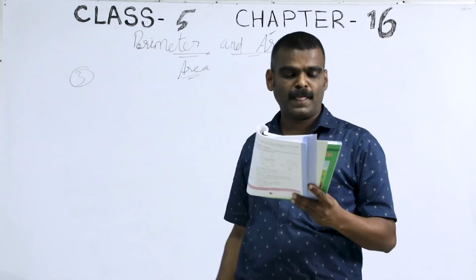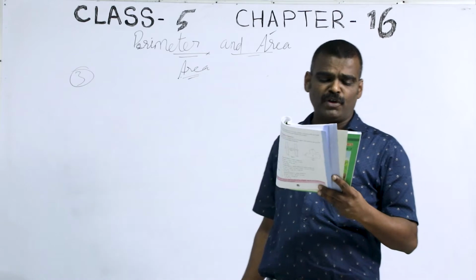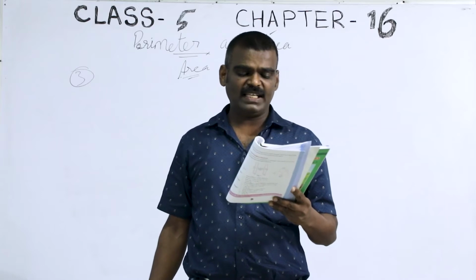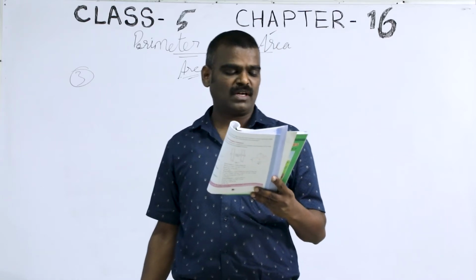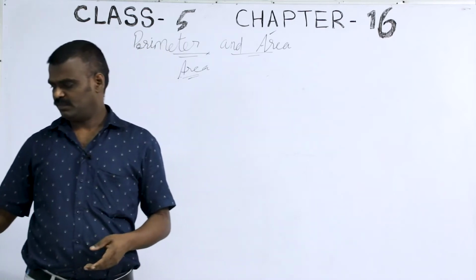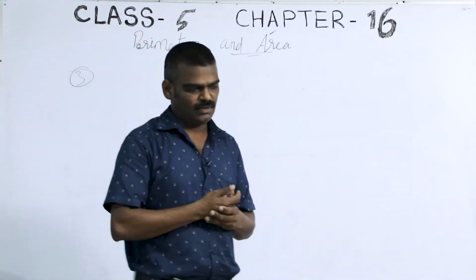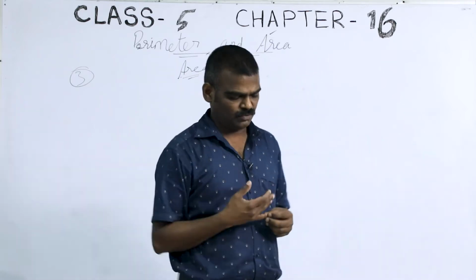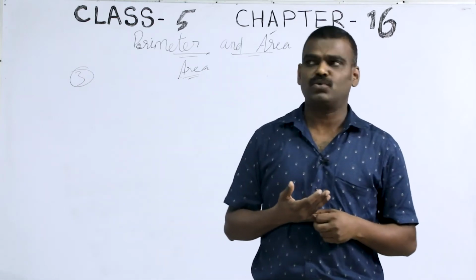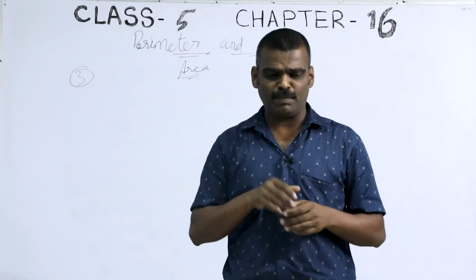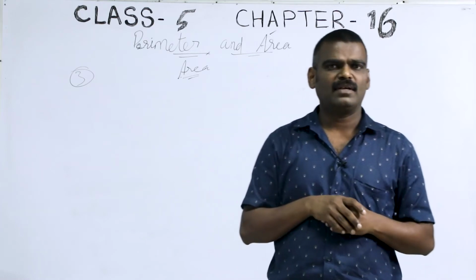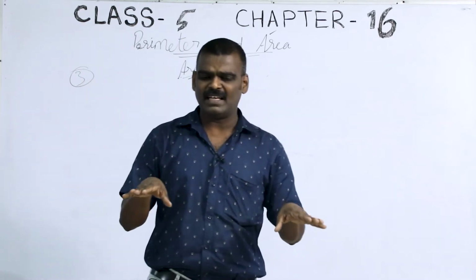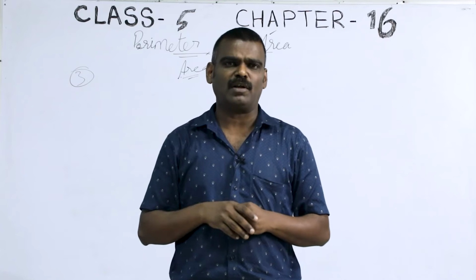Read the question with me, all of you. The floor of a room is 5 meter long and 4 meter wide. Find the area of carpet required to cover the floor. In all of your houses these days tiles are coming. Some years back there were no tiles, only the carpet, the plastic carpet they keep, right? I am sure in some of your houses the rooms are still not tiled, the floor is made up of plastic carpet, yes or no?